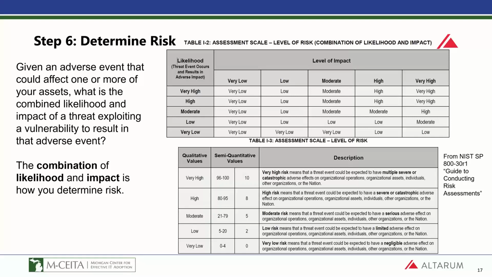So you can see in the tables on the right, you have the likelihood on the left-hand axis and the level of impact on the right-hand axis, and how those different qualitative variables intersect to result in a risk determination of very low, low, moderate, high, or potentially very high. And then the second lower table provides a way to interpret what those qualitative values can mean in a more narrative context in the right-hand column.